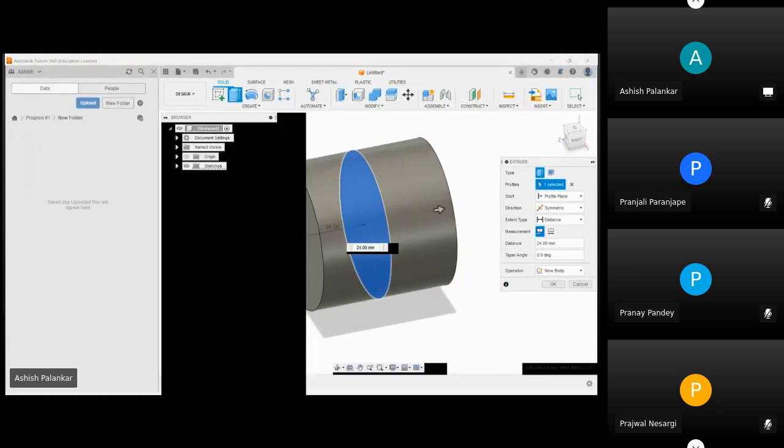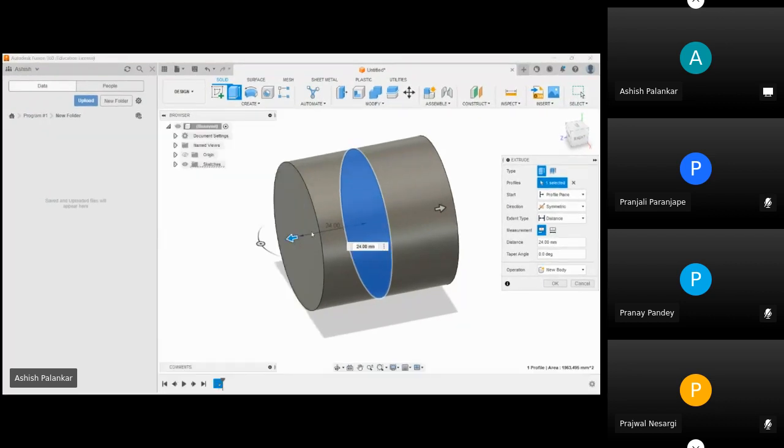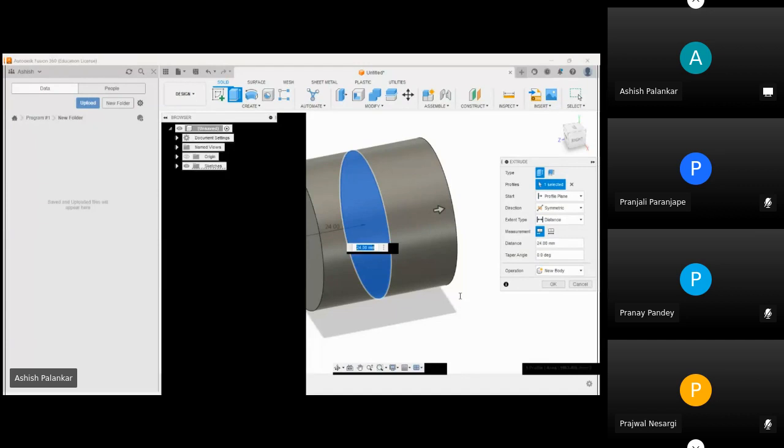So here in the measurement, there are two types. One is half length and one is whole length. In the half length, as you can see, if I give 25,